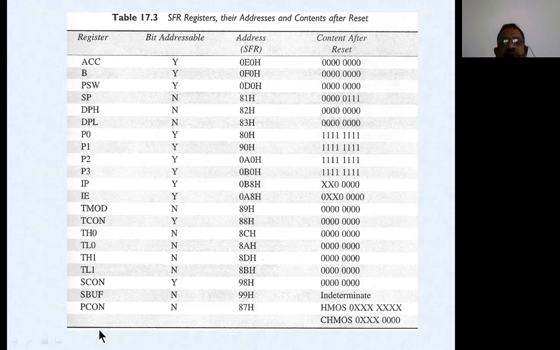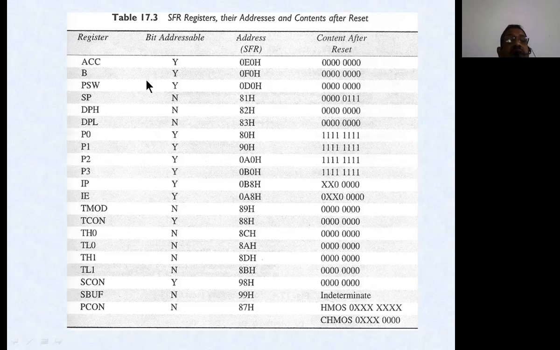That means whenever we use the SBUF register, we have to clear it before we use it. The next register is the PCON register, which is going to have all don't care conditions. But most importantly, whenever we use a register, it is better to put in initial values and then start. It is always a better condition to do the programming.